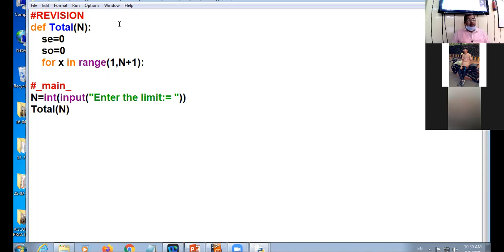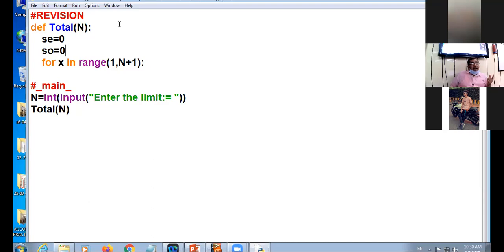SE is the variable which will calculate the sum and it is initialized to 0 for the even numbers. SO is the variable which will calculate the sum for all odd numbers. I have a question. Why I have initialized them to 0?